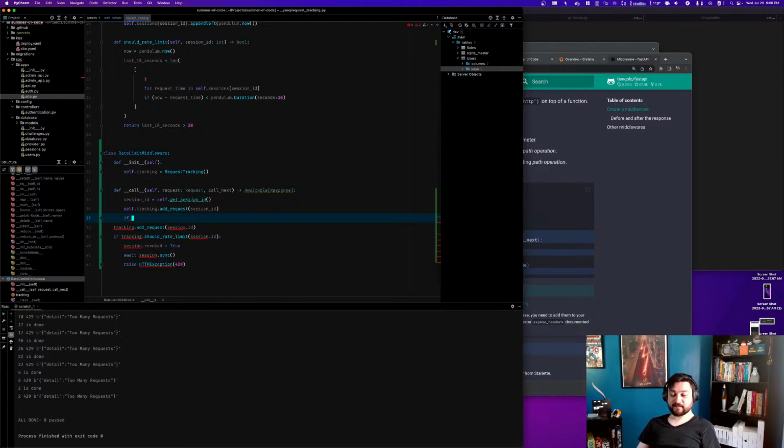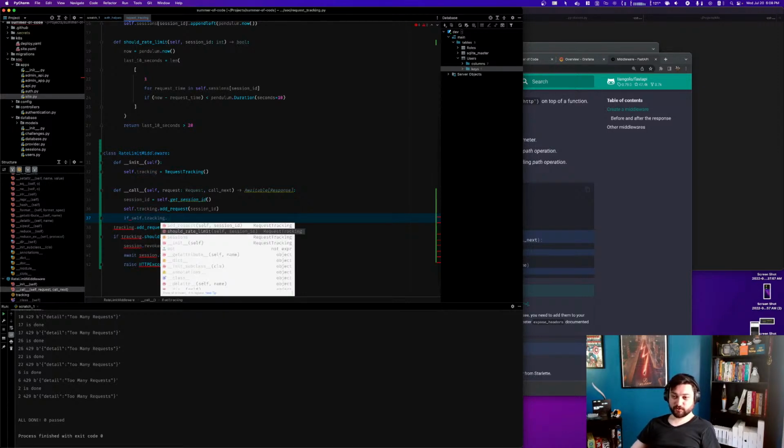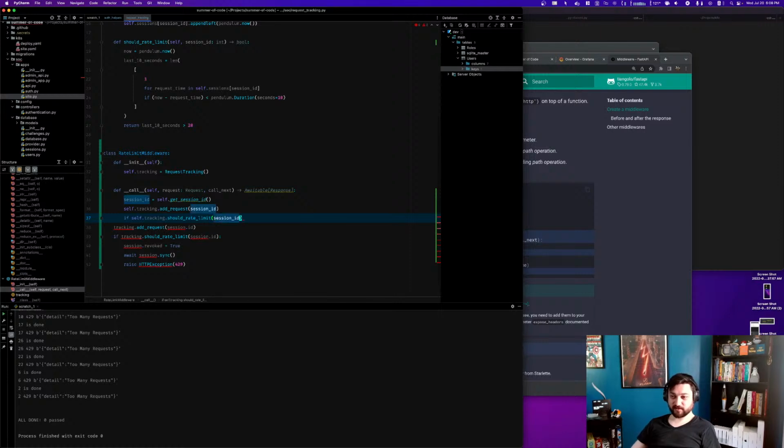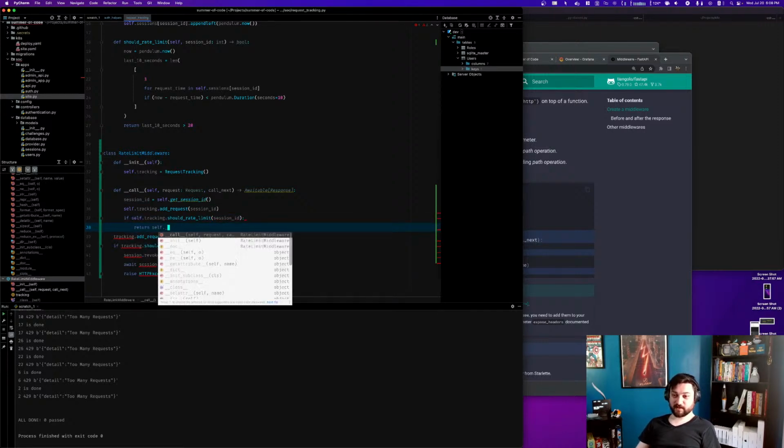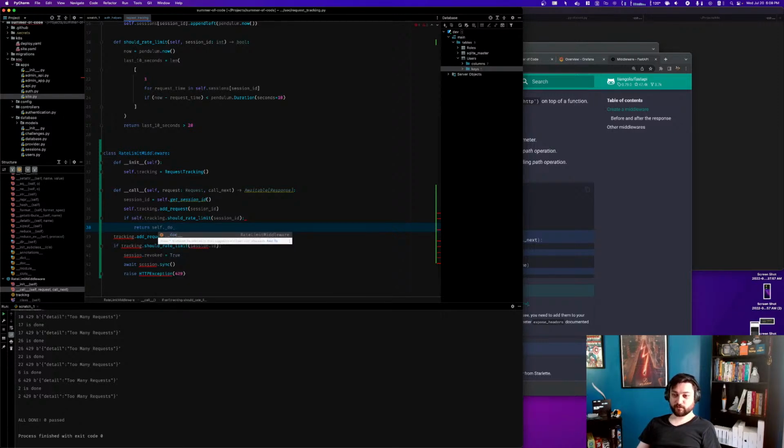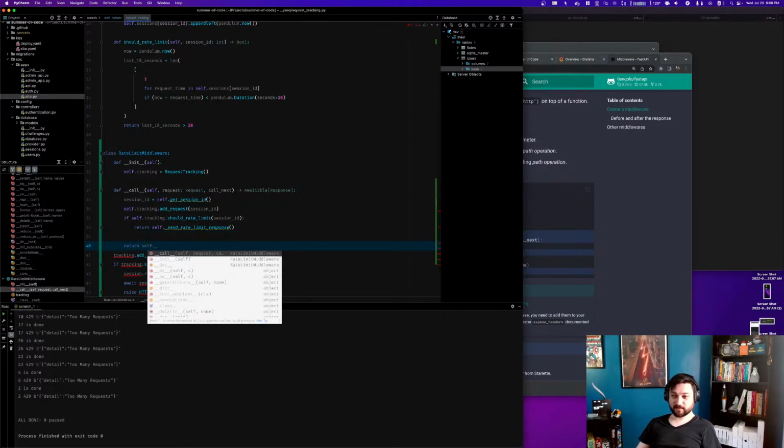If self dot tracking dot should rate limit session ID, return self dot do rate limit response, send rate limit response, and otherwise we return self dot